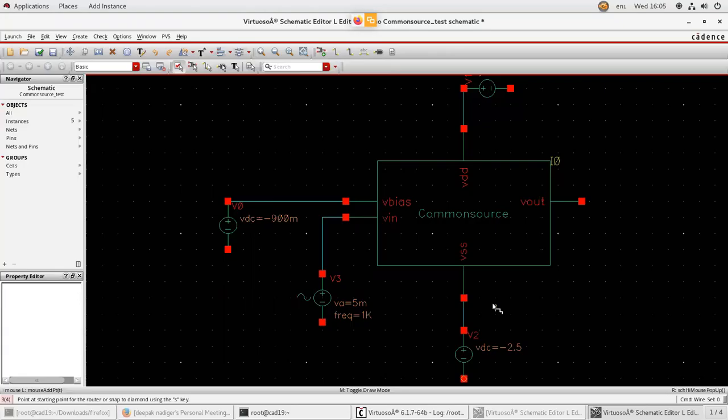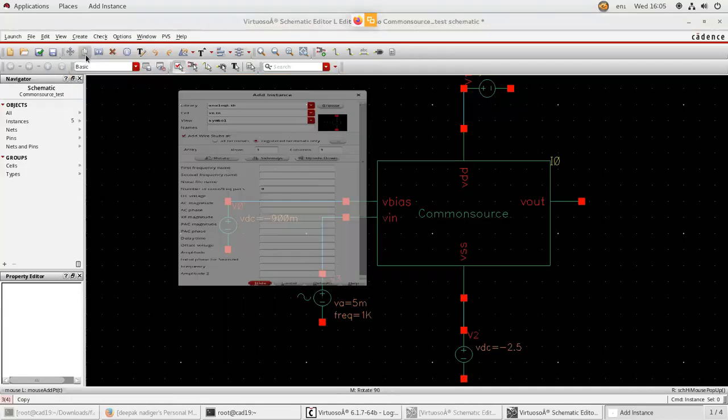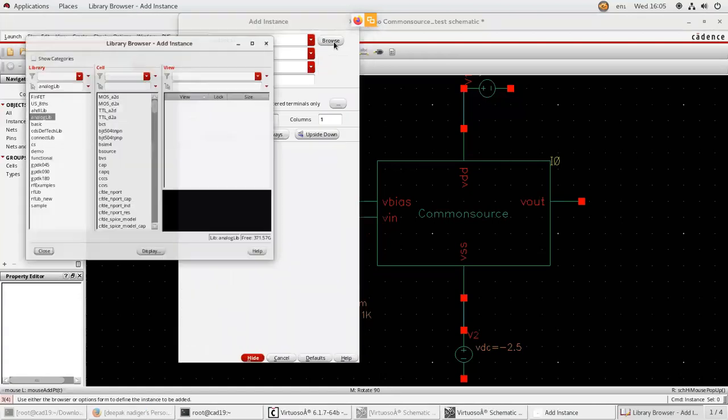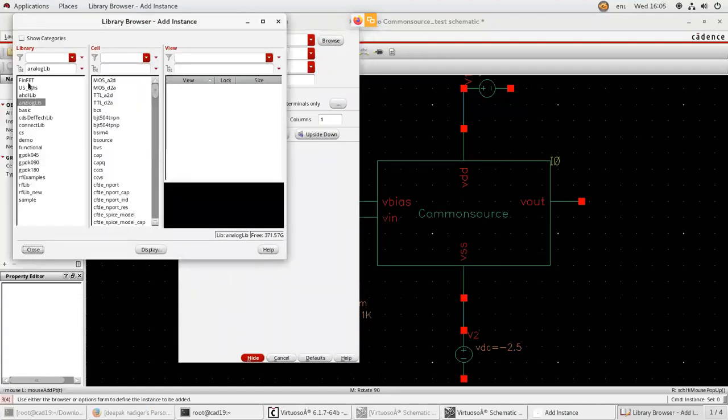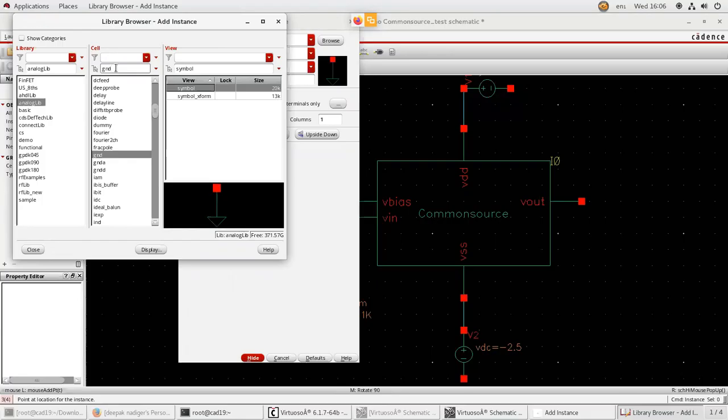To connect the other end of all the voltage sources, I need ground. To take ground, go to create instance, browse. In analog library, in cell, type GND.